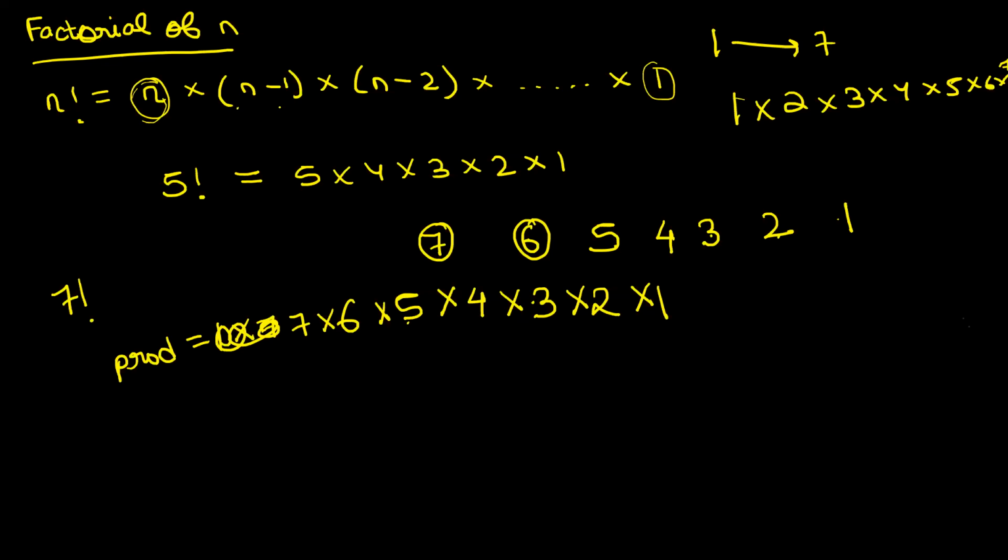If I want to find 9 factorial, first I will go to 9 and multiply 9. Then I will go to 8, multiply 8. Then I will go to 7, multiply 7. Then I will go to 6, multiply 6. Likewise, I will keep on multiplying the numbers till I reach the number 1. Once I have multiplied all these numbers from 9 till 1, I know that I have access to 9 factorial. As simple as that. So if I want to write a basic code,